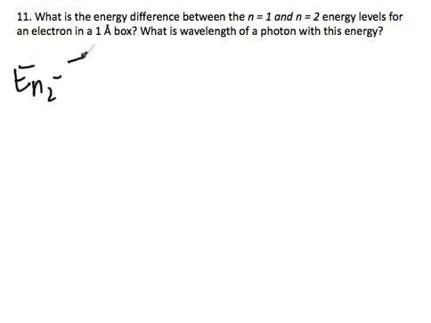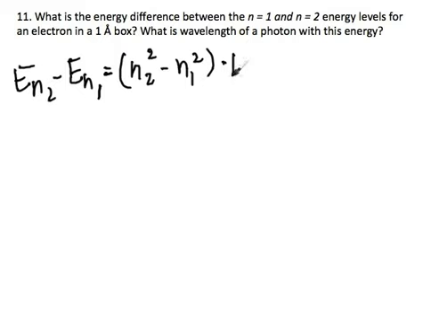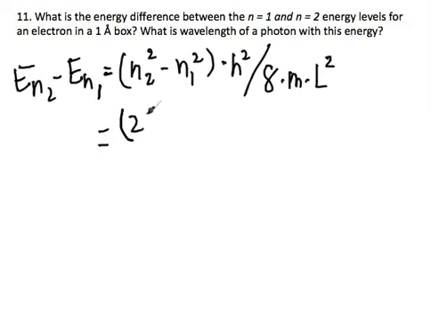E n2 minus E n1 equals n2 squared minus n1 squared times Planck's constant squared over 8 times the mass times the length of the box squared. So we have all the information we need to calculate the energy difference. So N2 is just 2, so 2 squared minus 1 squared